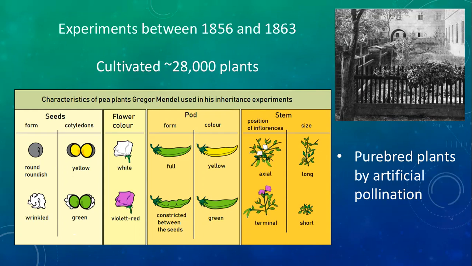They always, no matter how often you bred them with each other, had white colors, or always had red colors, or always yellow pods, and so on. And once he had created these purebred plants, which is of course not something that happens naturally, he had to do artificial pollination and prevent pollination from plants he didn't want to mate. But once he had these purebred plants, he started interbreeding them, creating hybrids of these purebreds.